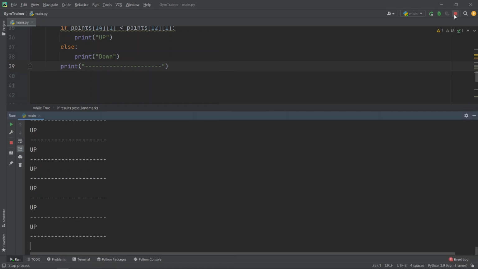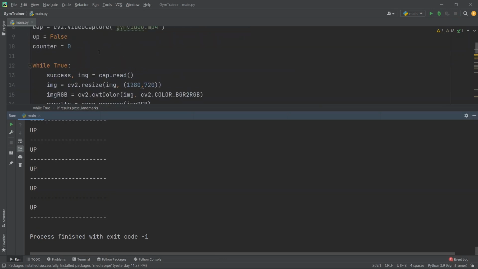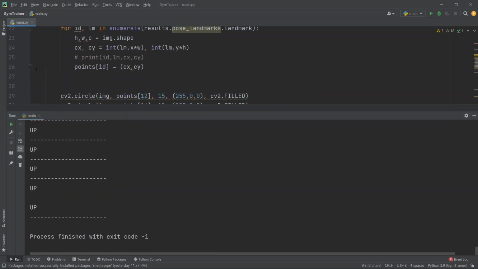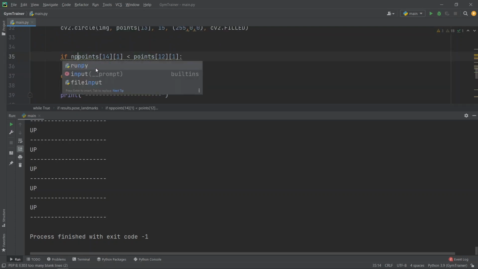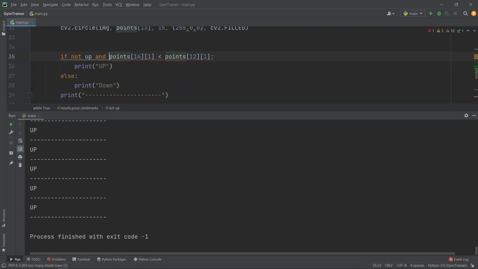So what we will do, we will use this variable up, and we will check it inside this: if right now we are not up and the particular point is above the shoulder, then we want to print the up, and we want to make the up true, because the point is above the shoulder, so we are marking the up true.